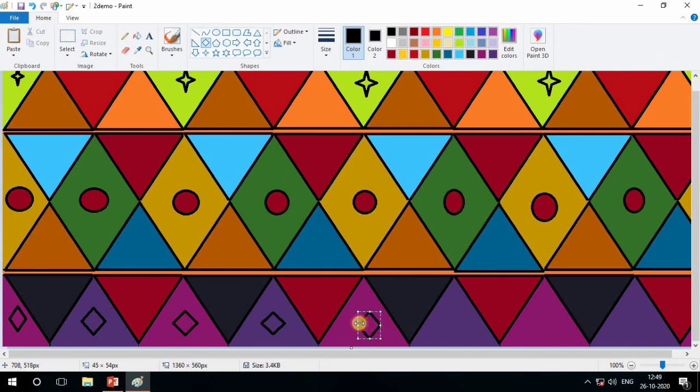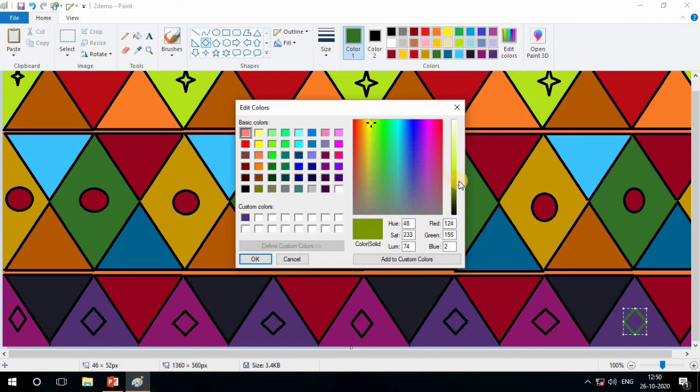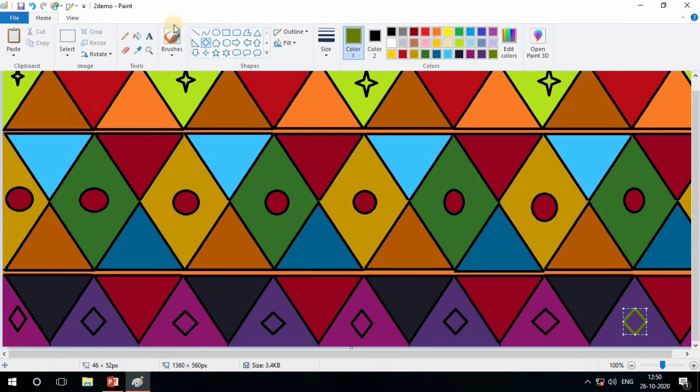You can see here I am doing this. So easy, na? It's so easy to draw on the computer with different ideas. You can use your mind and you can do anything on your computer. You can do any drawing and fill the color with any one. Add the custom color of your choice and fill the color.